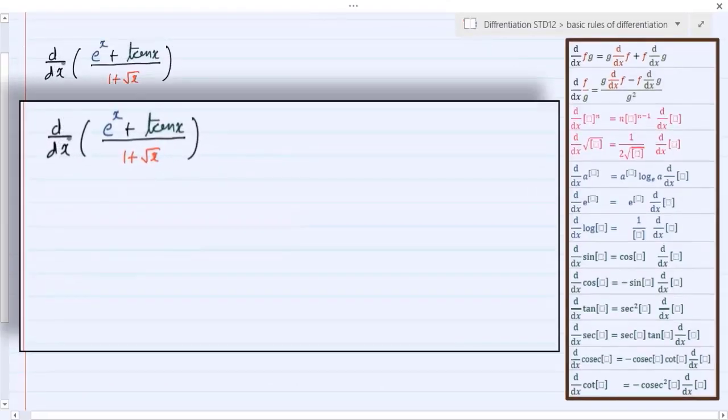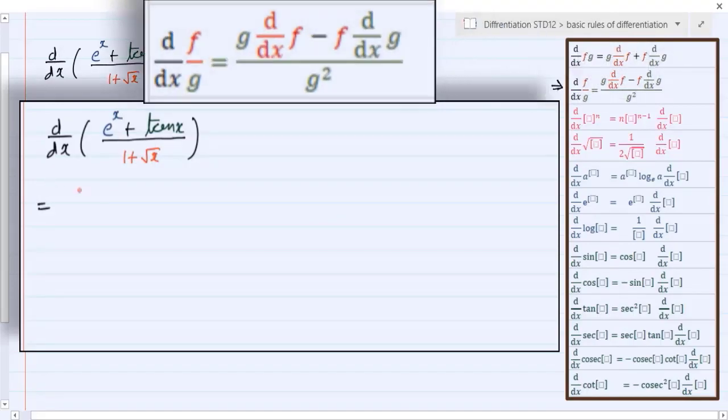In this question, we have to find differentiation of (e^x + tan x) upon (1 plus root x). So let's apply the division rule. First of all, your denominator will be as it is, so 1 plus root x will be as it is. We have to differentiate the numerator, which is e raised to x plus tan x,